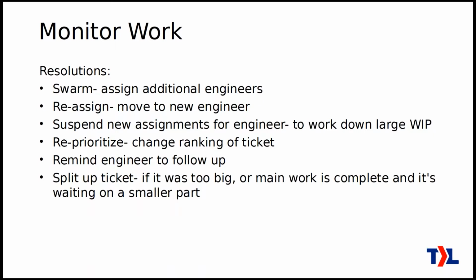Or sometimes you can split up a ticket, especially if it was too big at the beginning. Sometimes you might find out that maybe 80% of the work is done on a ticket and it's just waiting for that last 20% for some reason. It's fine in that case to split that work up into 2 tickets, one representing the work that's already done, and you can just clear that ticket totally out, and then one representing the work that hasn't started yet. And then it can just go back into your queue to do the smaller part of that work.